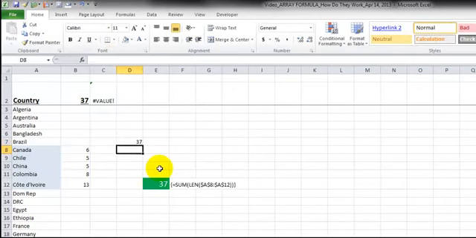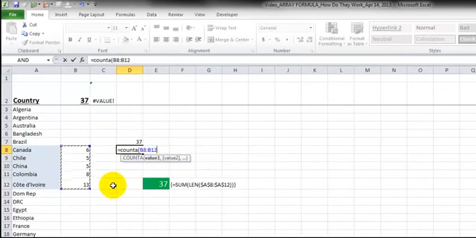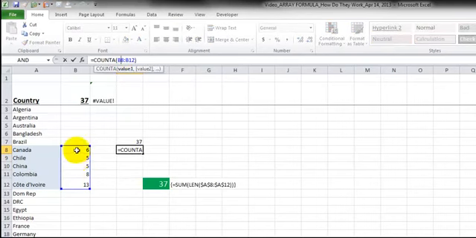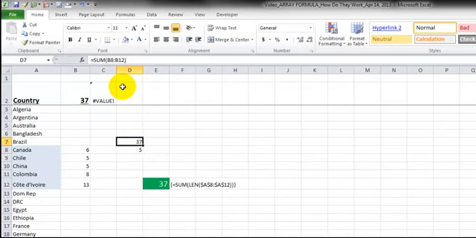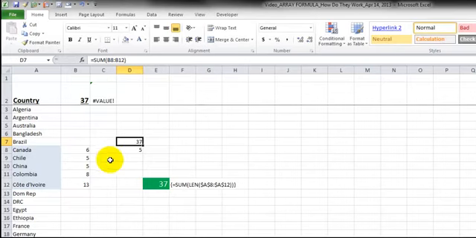The same thing would be true for if I were to say how many non-blank cells are in this range. We're allowed to select a range. So I go like this. I press enter. There are 5 non-blank cells in that range. Once again, here we are summing up all the numbers here in this range. Perfectly fine. However, there are other functions, like the length function, that is only meant to work on one cell